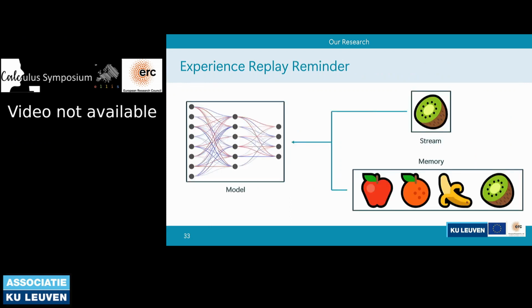To understand why this happens, we need to revisit experience replay and how it works. I told you earlier that when we receive a number of observations from the stream, we combine this number with the same number of observations sampled from the memory. So here, if we were to observe 10 images of kiwis from the stream, we would also sample 10 images of the other fruits in the memory and combine them into a mini batch of 20 and feed them to the model for a training step.